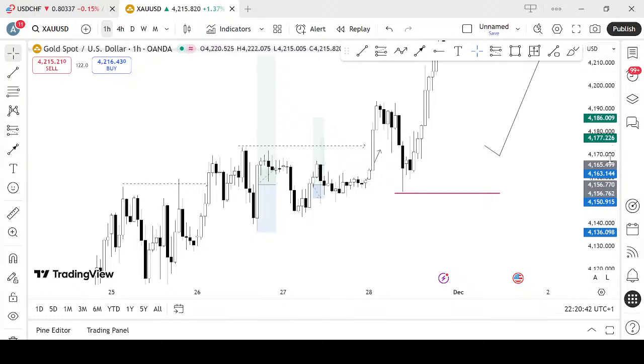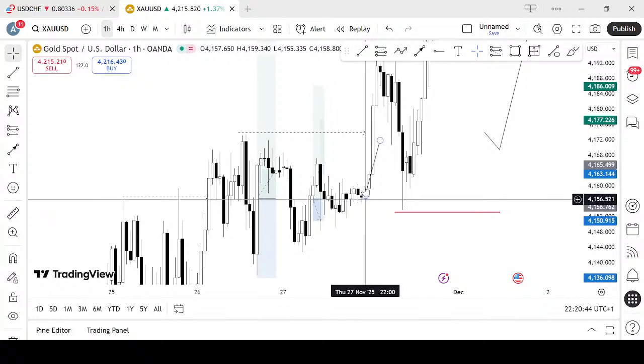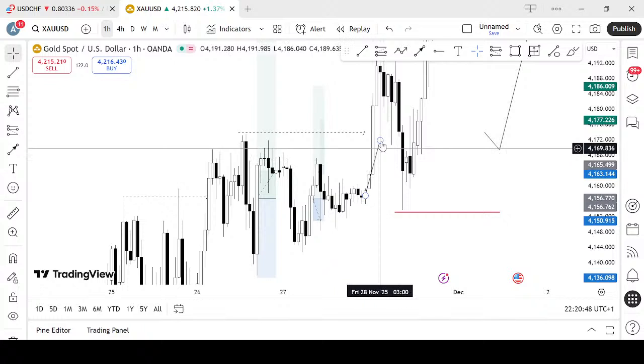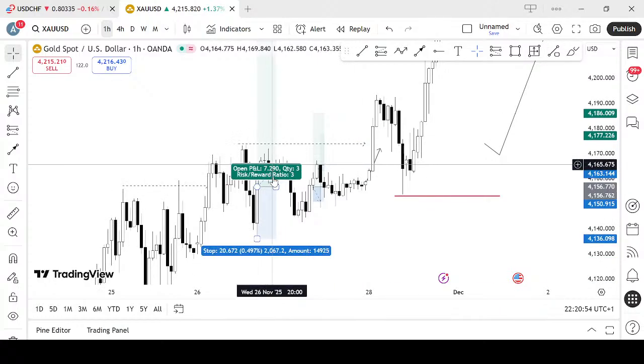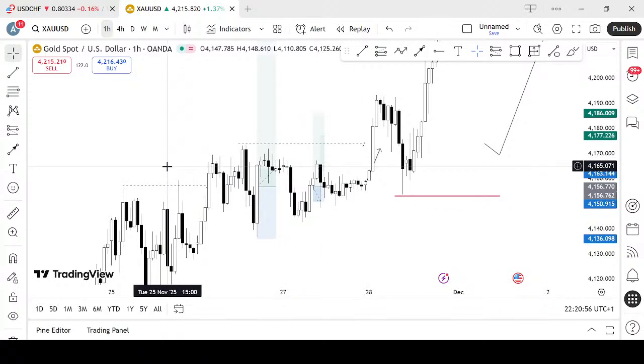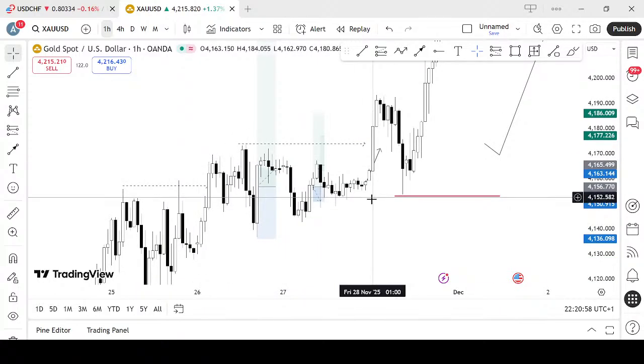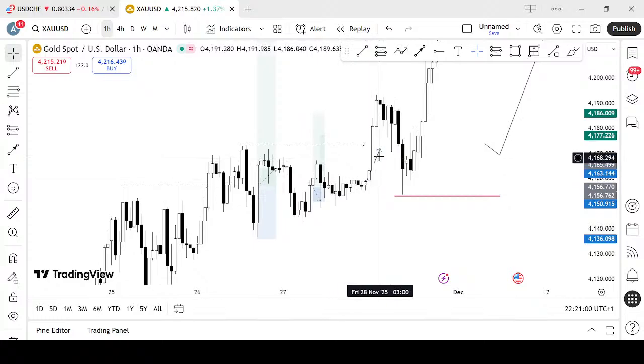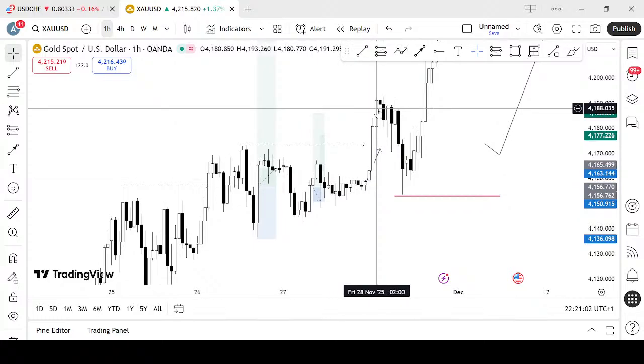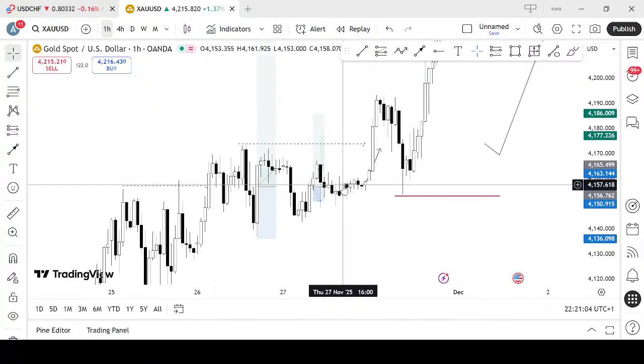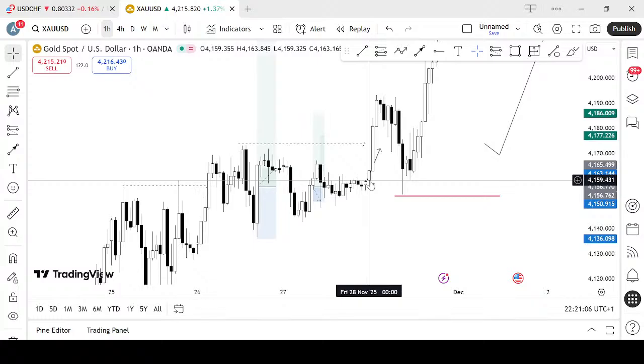You can see here price was around here. That was why I added this line here, this arrow, to indicate that I'm expecting the price to move up, because I can sense after this consolidation and with respect to the 4 hour structure, it is a very high probability thing that price is breaking to the upside. And that happened and I could not take the entry because the market was down